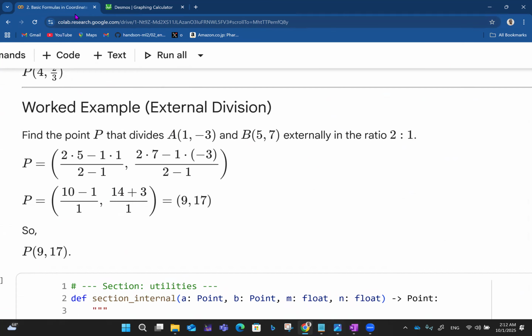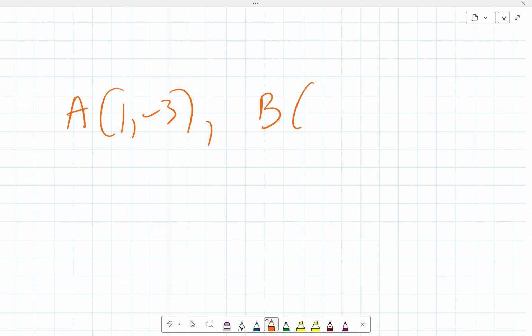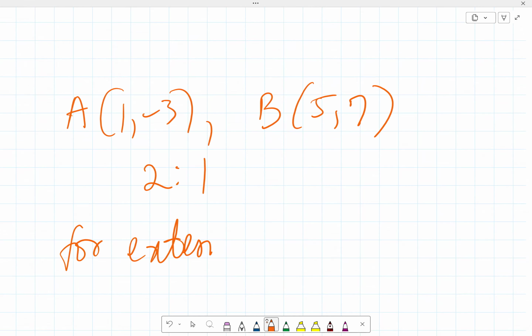So for external division like this, we want to find the point that divides 1 minus 3, 5 comma 7 externally in the ratio 2, comma 1. So again, we take it back. Okay. So here we want to find, we have A, which is 1, comma minus 3, and we have B, which is 5, comma 7, and we need something that divides it into 2, comma 1 externally. So we say for external division, like we already saw,